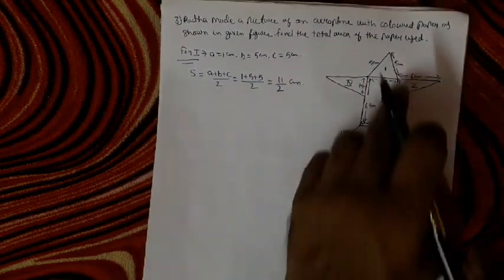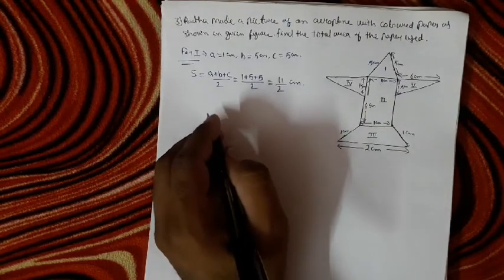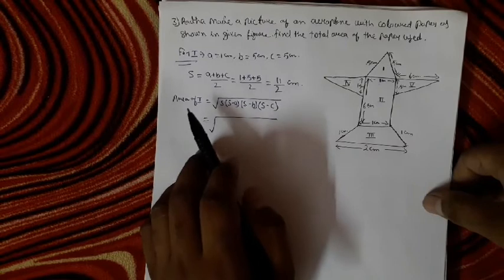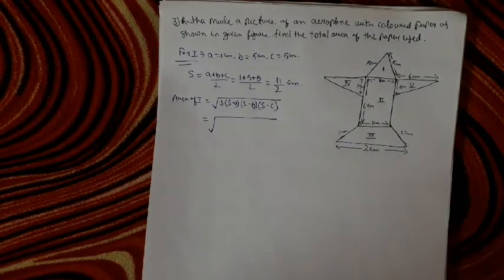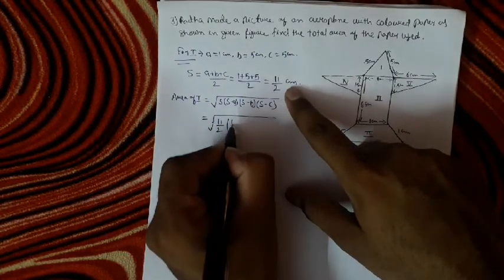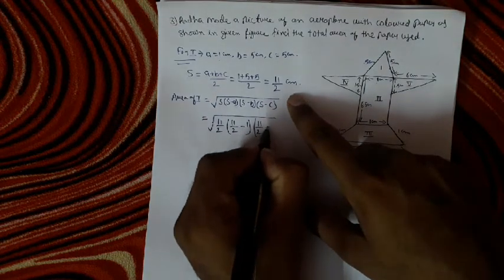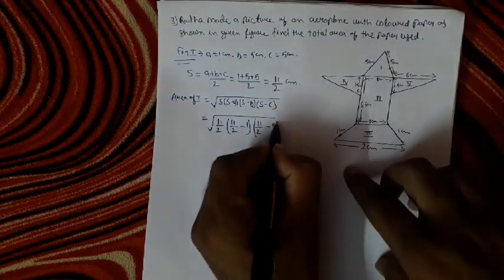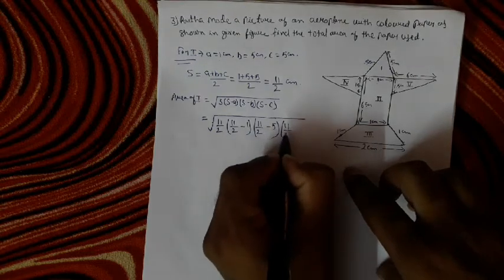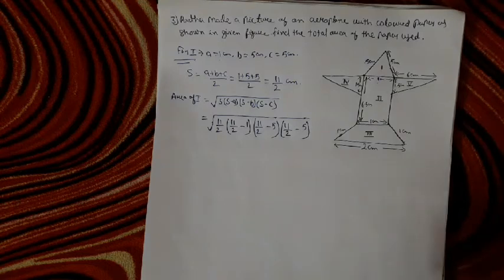Okay, now we are finding its area. We know the area of a triangle using Heron's formula. Using Heron's formula we'll find the area of the first part. We know that it is the square root of s(s - a)(s - b)(s - c). So s we have 11/2. s minus a, 11/2 minus a, we have 1. s minus b, 11/2 minus b, we have 5. And s minus c, instead of them I am putting their values, c also we have 5.